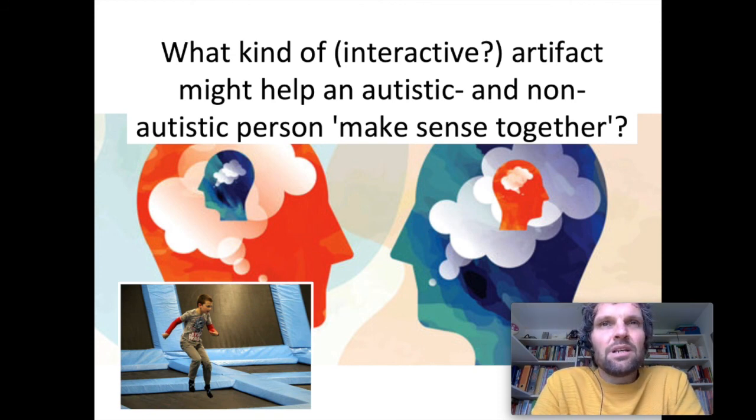I think that if you ask the question in this way, it would lead to very different kinds of technologies than this robot that is trying to train the child to behave as if he were non-autistic, right? To adapt to the non-autistic norms and standards of social interaction.